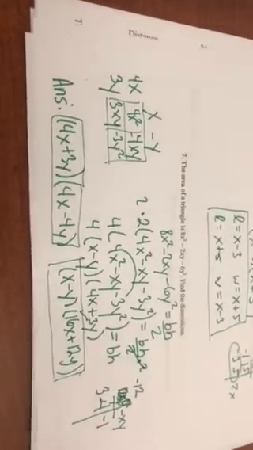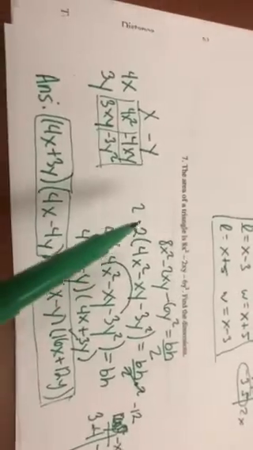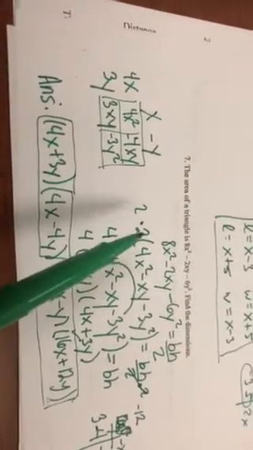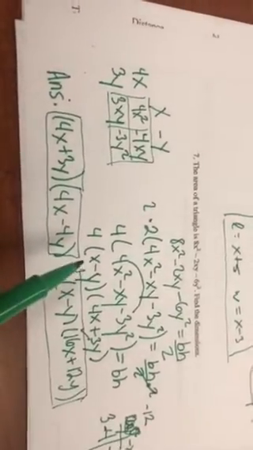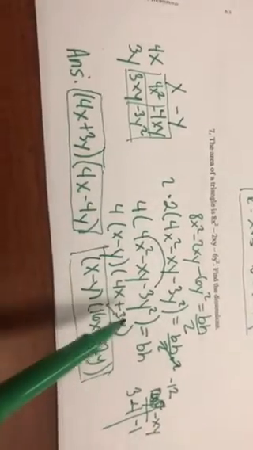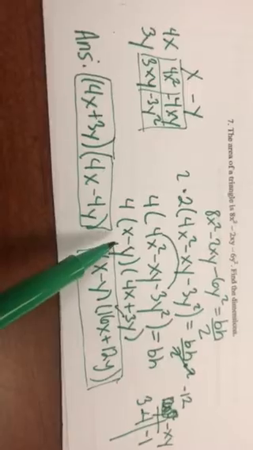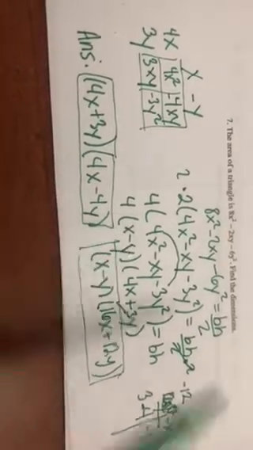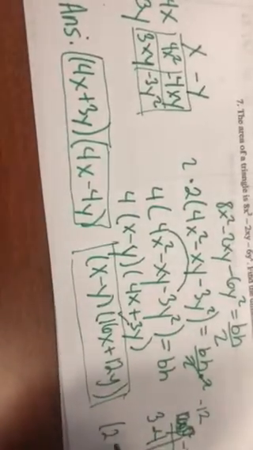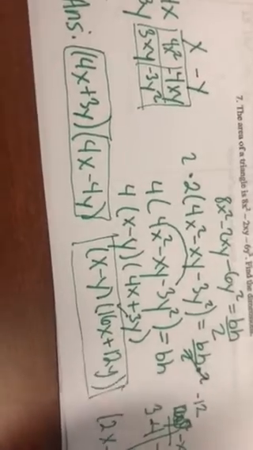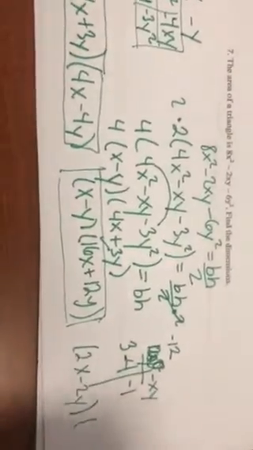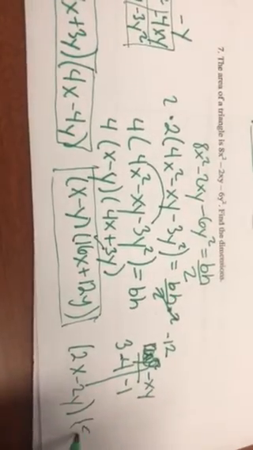Remember we originally had a 2 and a 2? So you can distribute a 2 to the first term and a 2 to the second term. And if we distribute a 2 into this first term, this would turn into 2x minus 2y. And distribute a 2 into the second term, and that would turn into